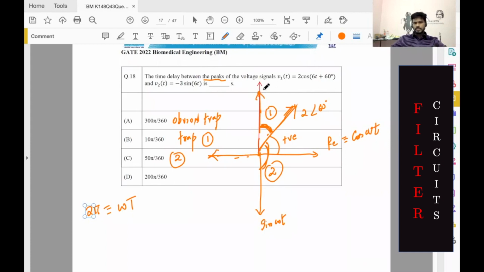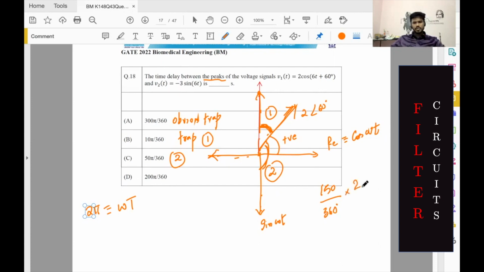So even though the first phasor minus 3 sine 60 is over here, the positive peak for that will happen along this vector along this angle. So the positive peak is over here. The distance between this positive peak to this positive peak should be this angle too. That is very easy to do. This is 60, this is 90. So that is 150 degrees divided by 360 degrees, and